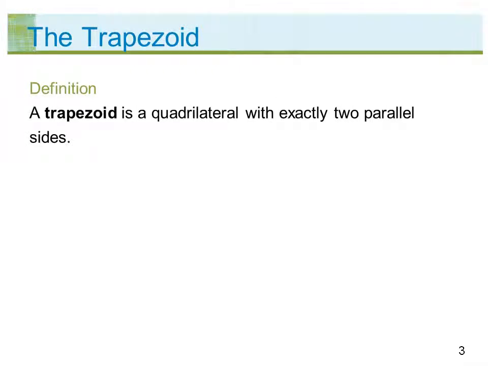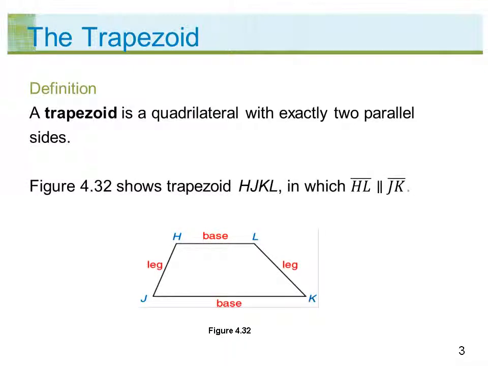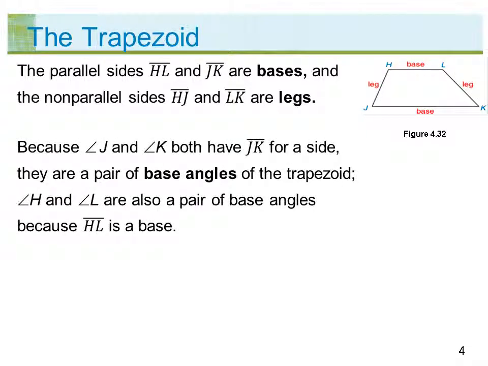Definition: a trapezoid is a quadrilateral with exactly two parallel sides. Figure 4.32 shows trapezoid HJKL, in which segment HL is parallel to segment JK. The parallel sides, segment HL and segment JK, are bases, and the non-parallel sides, segment HJ and segment LK, are legs. Because angle J and angle K both have segment JK for a side, they are a pair of base